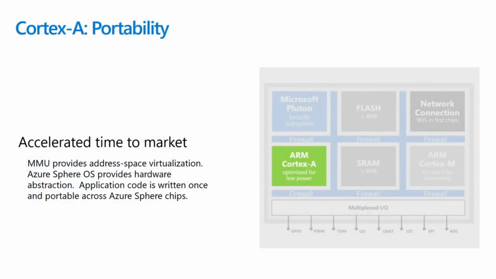So this is basic for those who focus in the OS space on desktop or server operating systems. But having address space virtualization means application code just gets written once, compiled for different platforms, and runs. This is not something you typically have in an MCU. With physical addressing, you're typically rewriting and porting your application to every single MCU platform. So it's a much slower process for innovation.